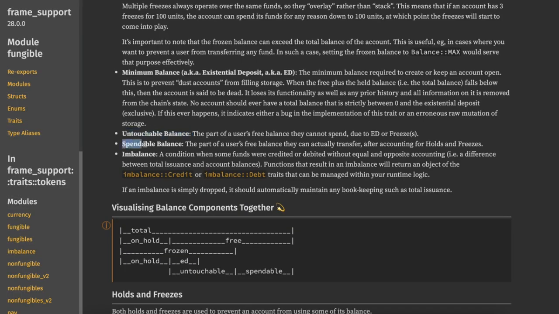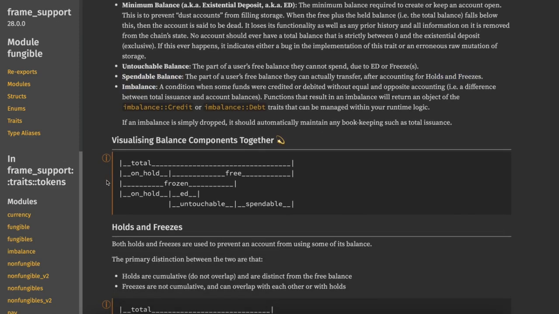Untouchable balance. This is existential deposit and freeze, the ones that cannot be spent. Spendable balance is equal to total balance minus the sum of hold and freeze. Imbalance, well, this is basically when something went wrong. And we can take a look at this